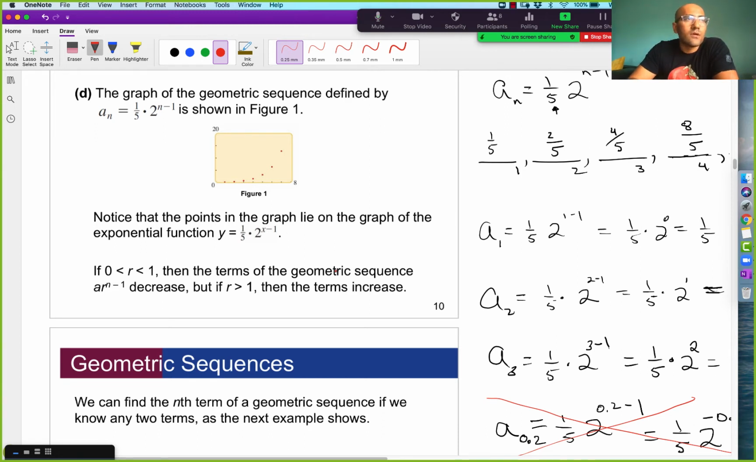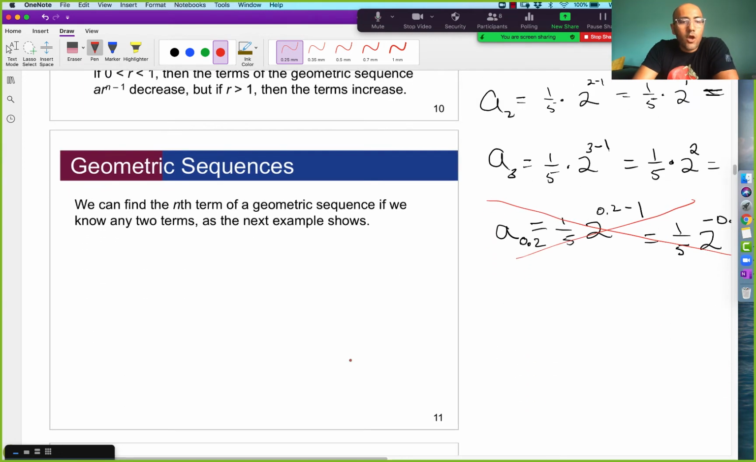And then also this very subtle difference between the continuous function being a smooth continuous curve, and a sequence being a subset of those outputs, individual little dots on that curve. Good? Good. Okay, we can find the nth term of a geometric sequence if we know any two terms,